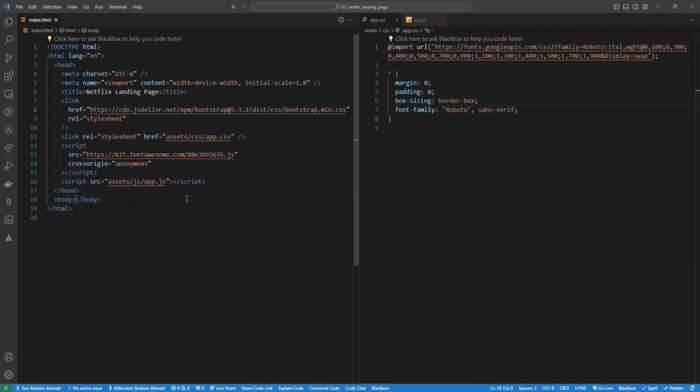So the next thing that we need to work on, I'm gonna come up here, and here I'm gonna create a class with the name of container, and I need one more class that is going to be w-100, and I need px-0. I don't need any kind of margins from left and right. And after that, inside here, I'm gonna create